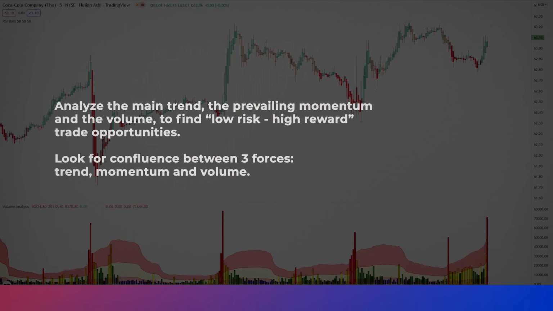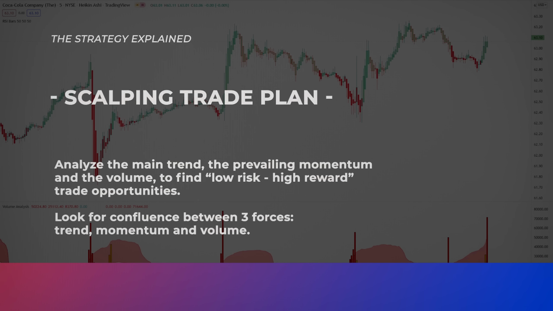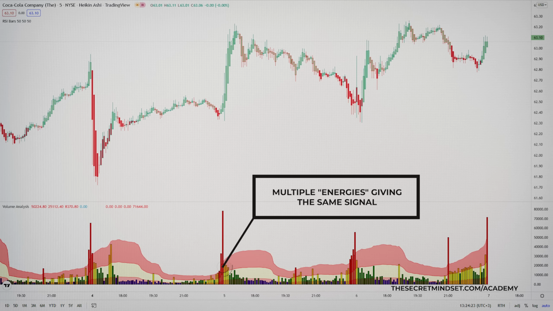The strategy requires us to analyze the main trend, the prevailing momentum, and the volume to find low-risk, high-reward trade opportunities. As I said before, we look for a confluence between these three forces: trend, momentum, and volume. We'll use multiple trading tools that give the same reading as a way to confirm the validity of a potential